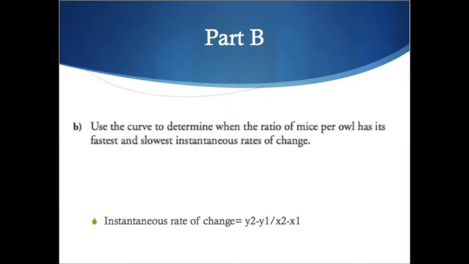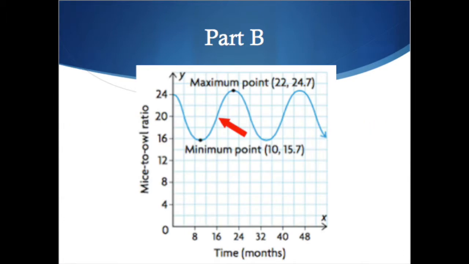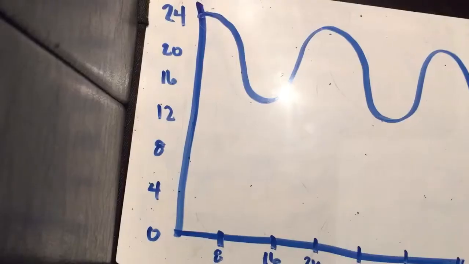Part B. Now, in Part B, we will be asked to use the curve to determine when the ratio of mice per owl has its fastest and slowest instantaneous rates of change. An instantaneous rate of change is defined as the rate of change at a particular moment. It can be solved by using the formula y2 minus y1 over x2 minus x1. To find the fastest rate of change on the graph, you are looking for when the slope is at its